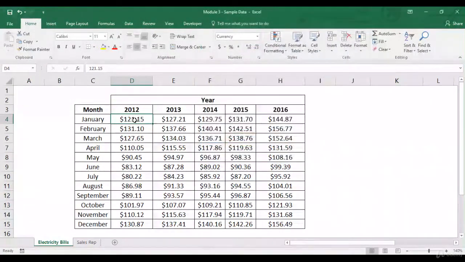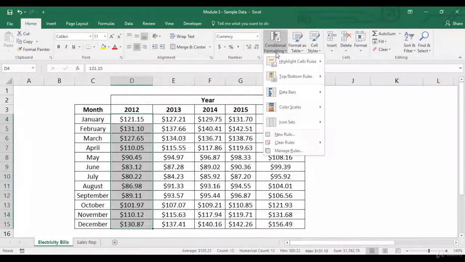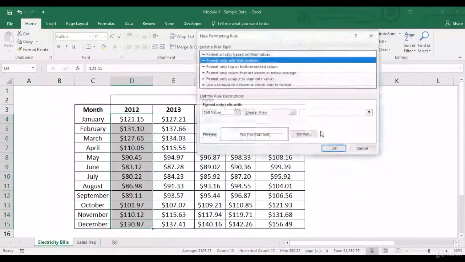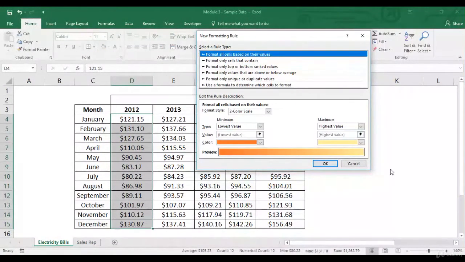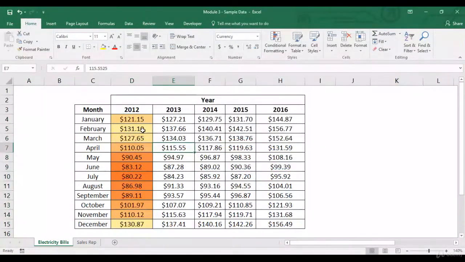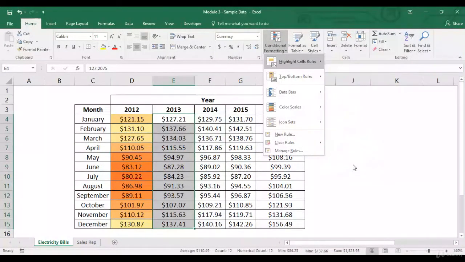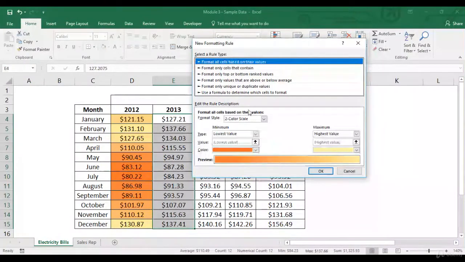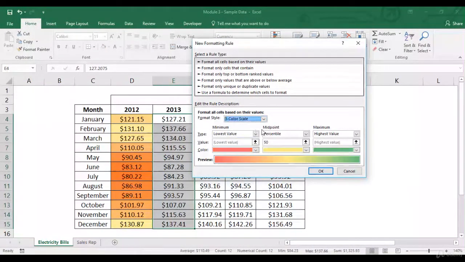Right, now let's say I've got these cells over here. When I click on more rules, I go to this format all cells based on their values. Right now this is a two color scale. So over here what it is showing is that the minimum value will be colored with this color, the maximum value will be colored with this color. As you can see, the maximum value is colored with yellow, whereas the minimum with amber. Now let's select these cells. Again, go to more rules, and let's select a three color scale over here.